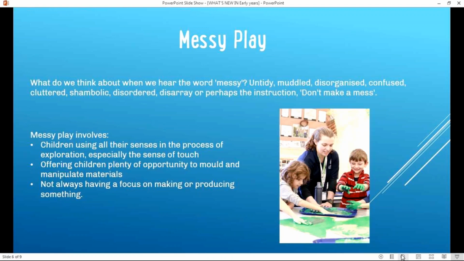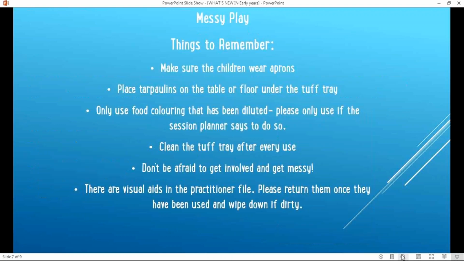No, quiet bunch tonight. Okay, so there's a couple of important things we need to remember about messy play. As I said earlier, we've put aprons in there now, disposable aprons for the children. They may be a bit too big for them, so make sure you tie them up accordingly. It's really important they wear these, especially if they're doing ones with paint or food colouring in, because it will